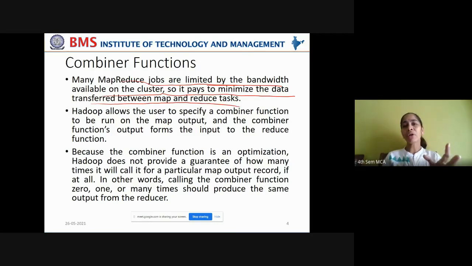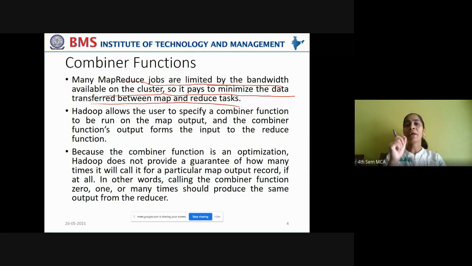Now, we are always talking about the simplest scenario where all the data nodes are free, so that the map task's output will be given to the reduce task, and the reduce task will give you the final output. But remember, on an HDFS cluster, at a given point of time, thousands of such jobs will be running.